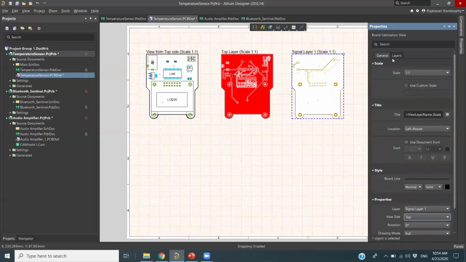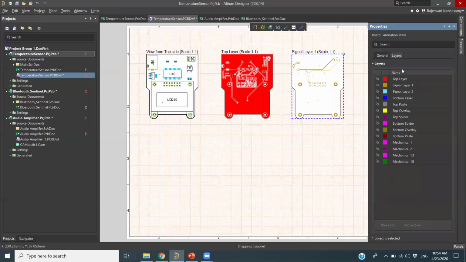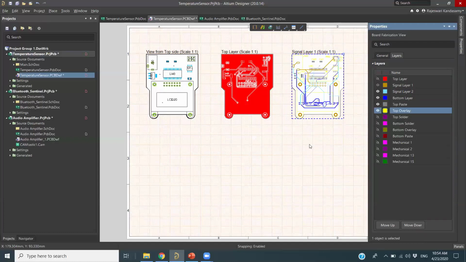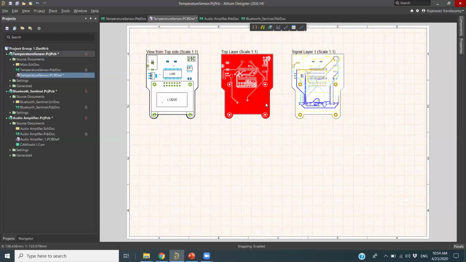Next, coming to the layers option, you will see all the layers here under the layers tab. I want this board to show multi-layers, so you can just click on the multi-layers which you want to show here. You will be able to see all the layers information. If you still want to change the colors, you can change them here too. So this is how you can place all the layers. It is very fast. It shows you the board immediately.